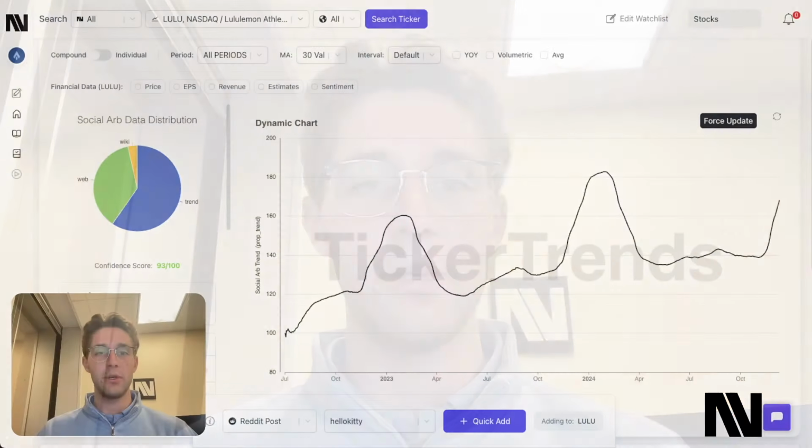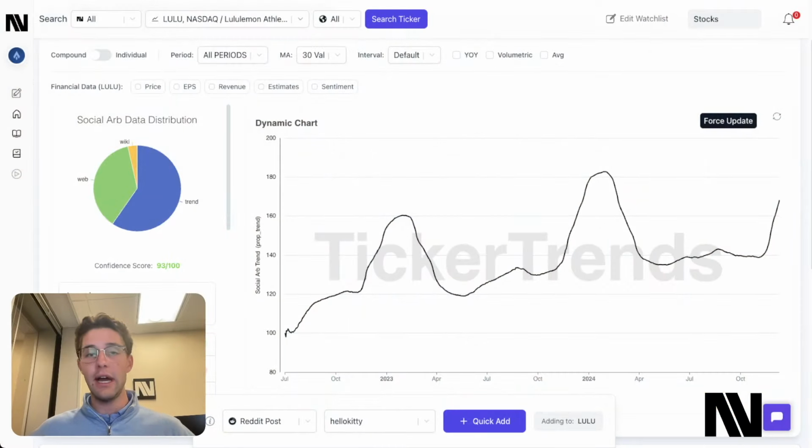At Ticker Trends, what we do is we take data from a variety of sources that would typically cost tens of thousands of dollars and combine it into one platform that allows users to analyze this time series data for only $20 a month. So what we do on our platform has inherent value, and it builds on publicly available data, all aggregated into one platform and available to users in one interface in order to extract as much value from this data as possible.